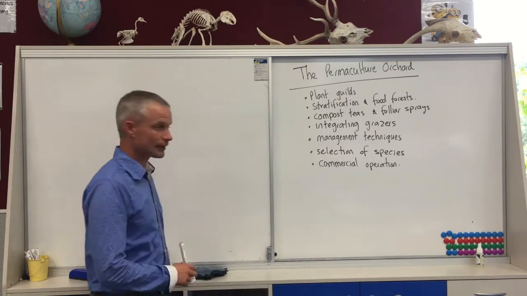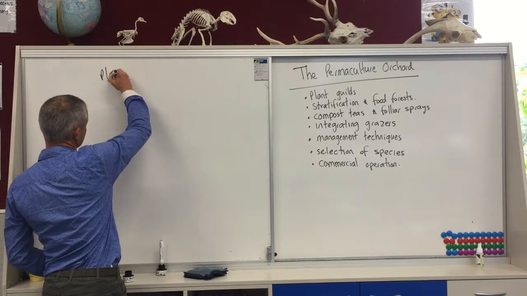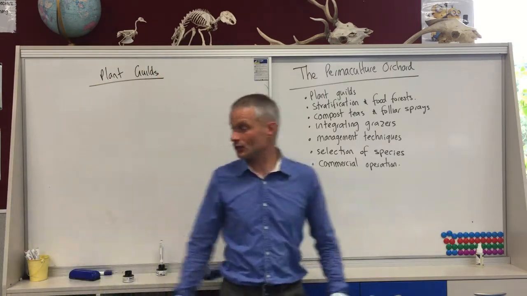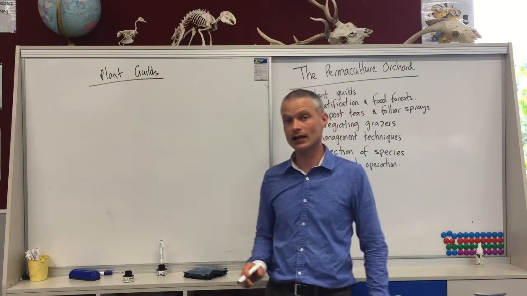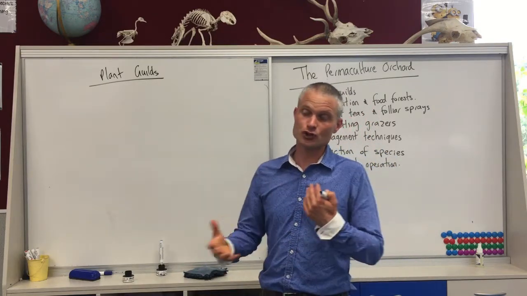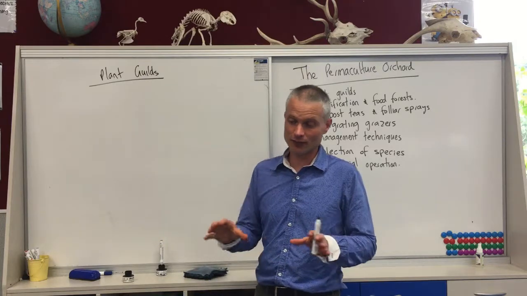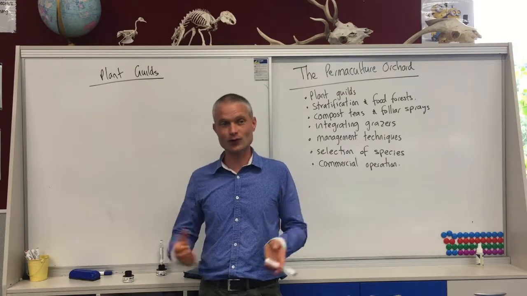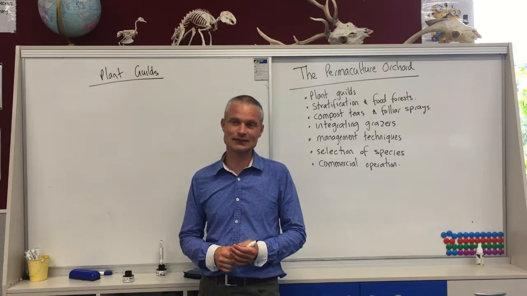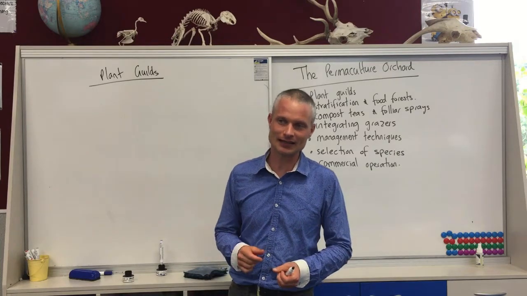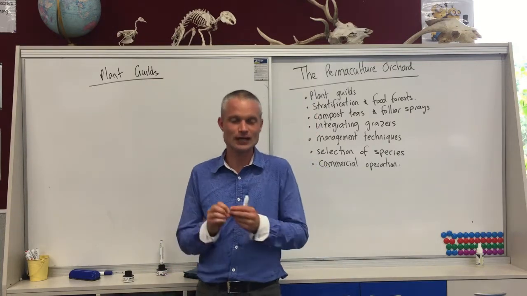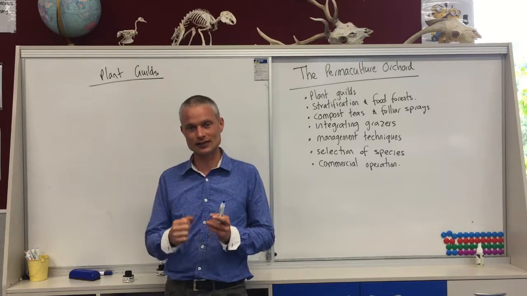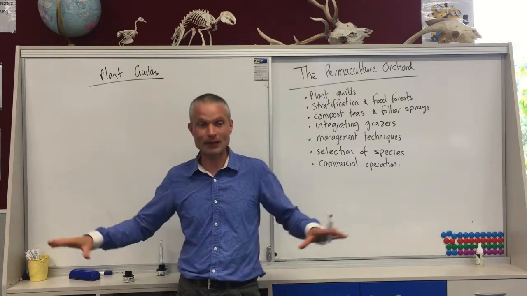Initially, if we have a look at plant guilds, so a plant guild is a group of compatible plants that function together of mutual benefit to each plant. So if you think about in a forest environment, the plants have adapted to live alongside each other. They're not all compatible. Some plants have adopted what are called allelopathic chemicals that they put into the soil to deter other plants, so that they try to hold on to a position in that forest and avoid competition by actively